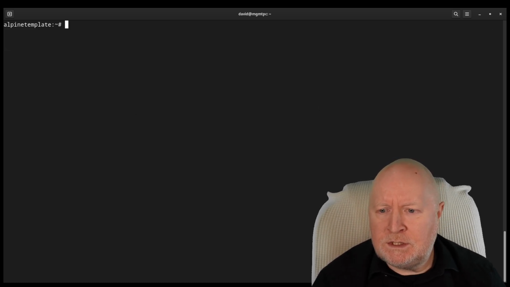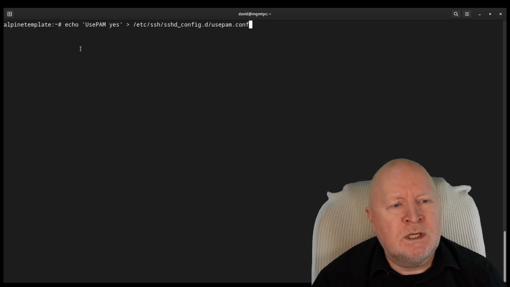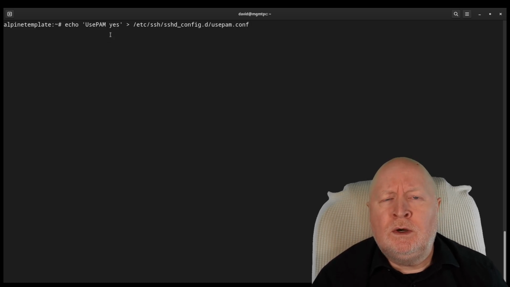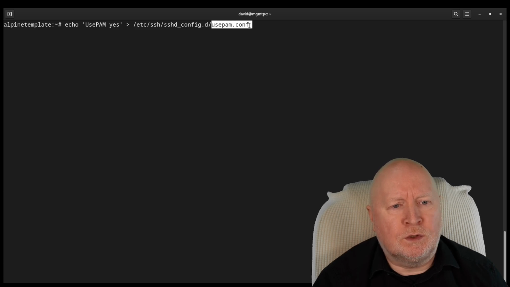Now the next thing I need to do, like the documentation says, is to enable PAM authentication. So similar to what I did before to allow the root user to be able to log in remotely, I'm using the echo command to basically create this file here. I'm just calling it usepam.conf, and it goes in the